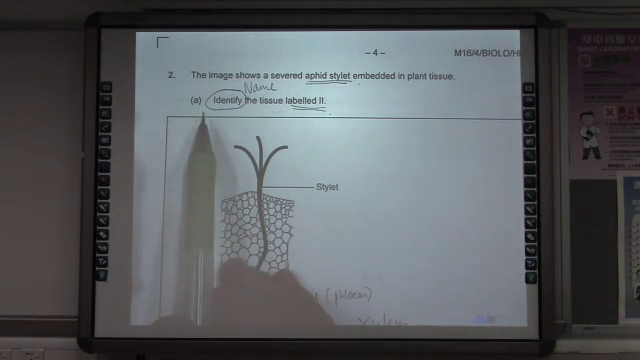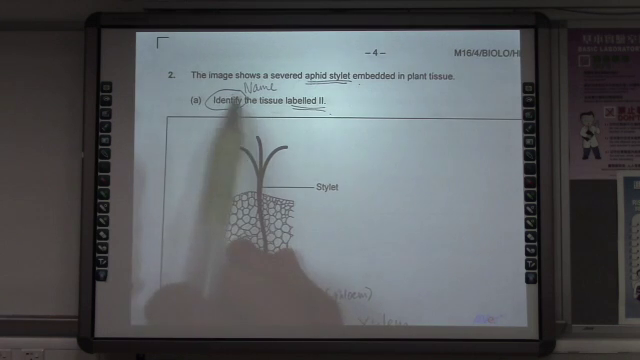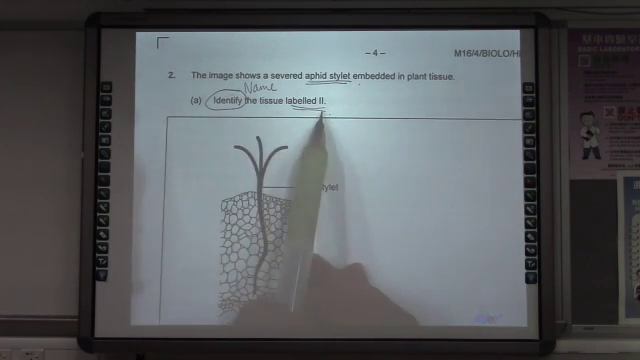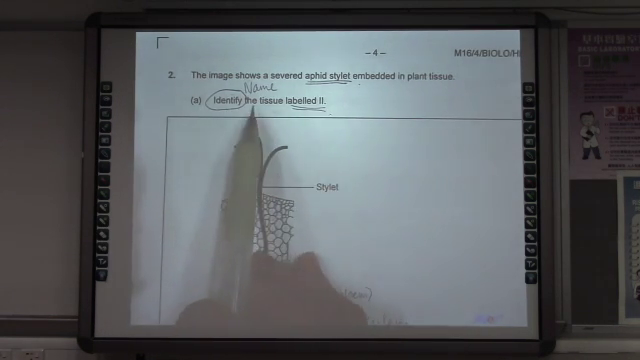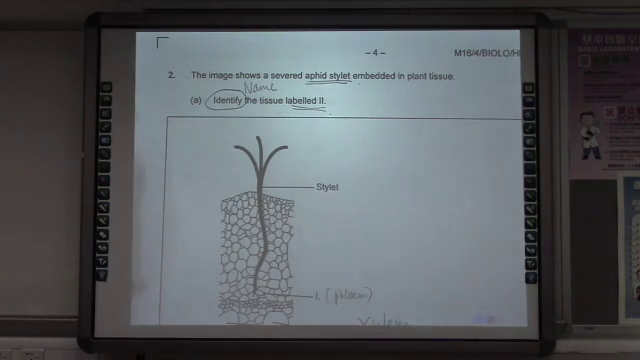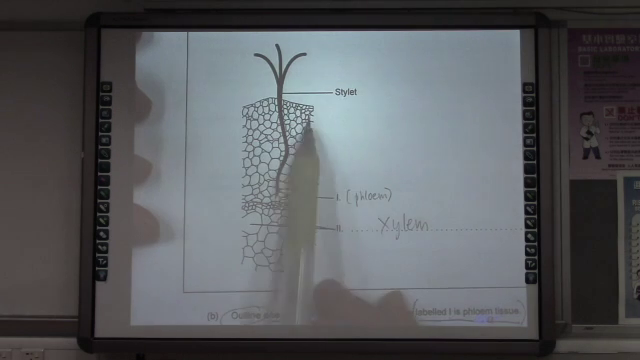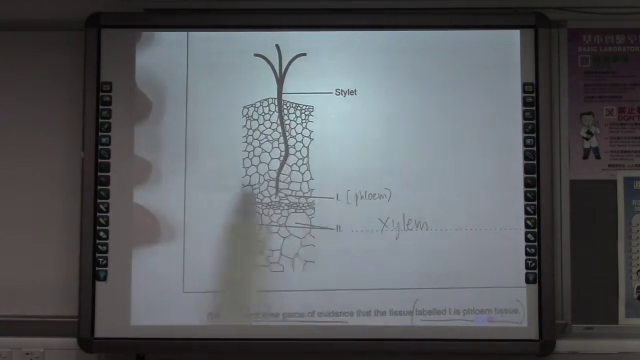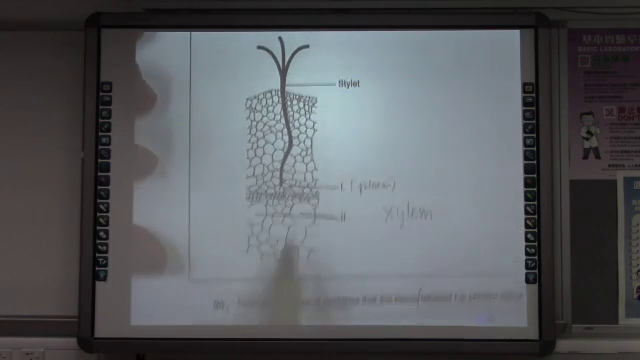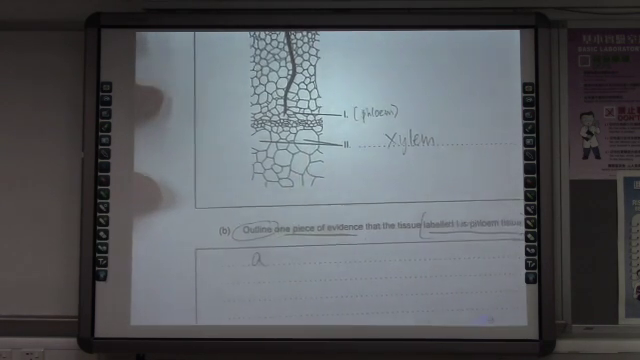What you have to do is, your action is to identify, so I circle this action word, identify the tissue labeled 2. Now identify means you have to write the name of that tissue. Okay, so what is it? This is the aphid stylet and it is embedded in this tissue. Okay, and what is it? Now,